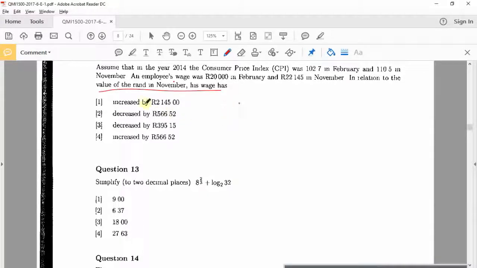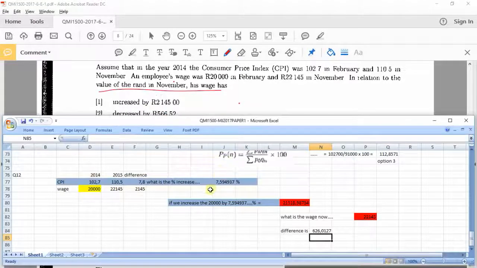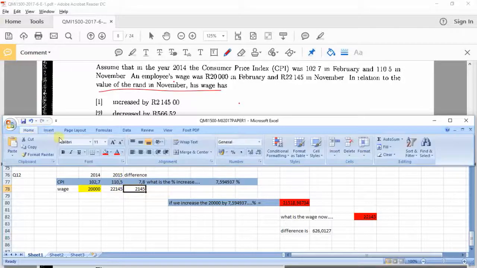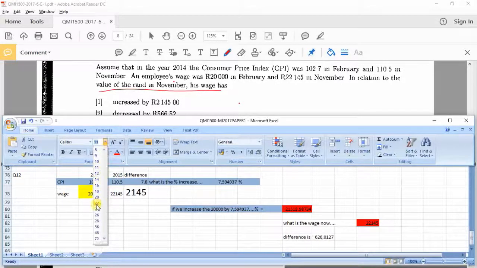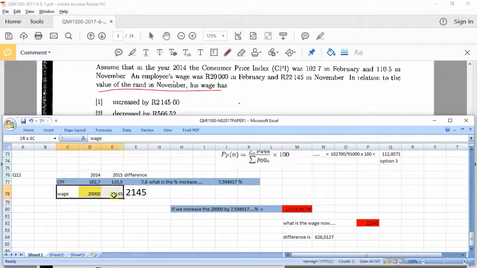Did they want that? No, they didn't. The difference was 602. So they're not providing for the time value of money, looking at this. So you would just go with that. I actually made the calculation more complicated. If they just look at rand value, then it's just the 2145. So you didn't have to provide for inflation. It's just a note here, asterisk, there isn't an answer